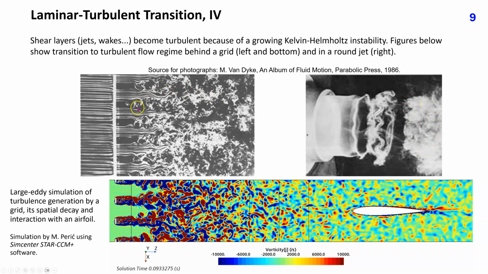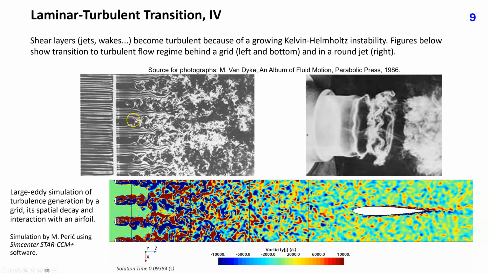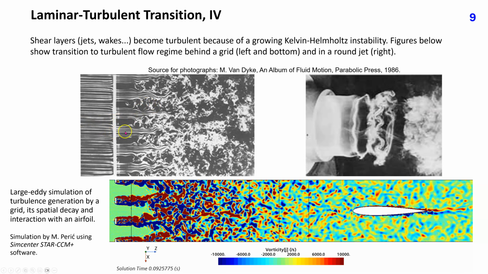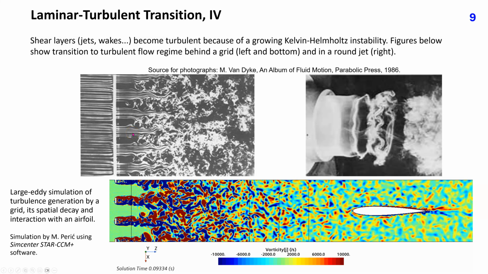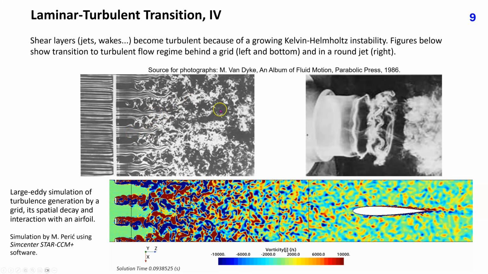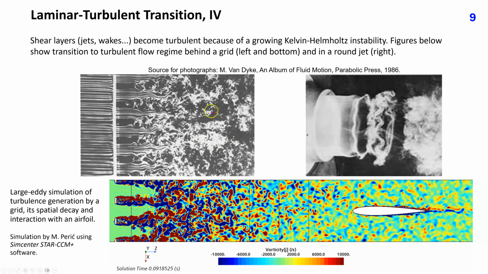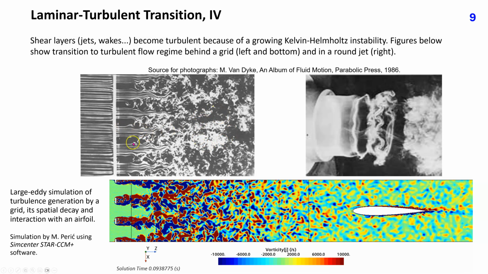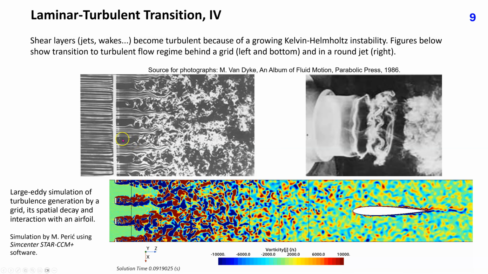This figure shows flow through a grid with rectangular openings. We see how the flow squeezes into the openings and how the jets downstream of the grid mix to create a fully turbulent flow. The instability starts again in the shear layer, and after a short distance, the laminar core